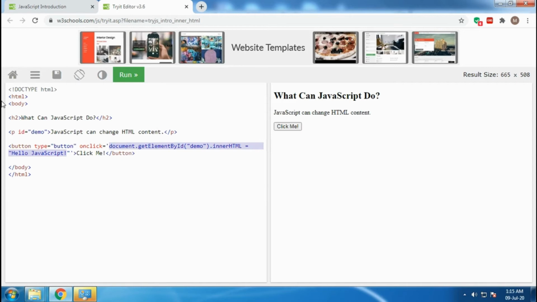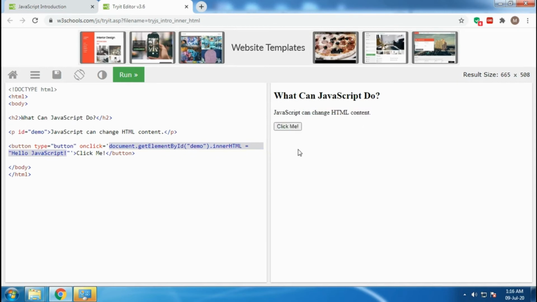But if you create this HTML file and run it in the browser, you will see on the right section of the screen the rendered HTML file. Here you can see it says JavaScript can change HTML content, and what can JavaScript do is written here.